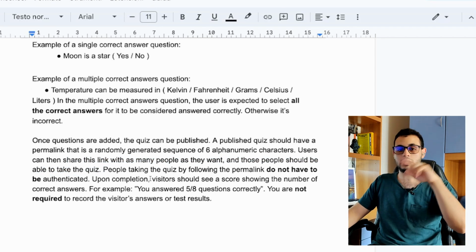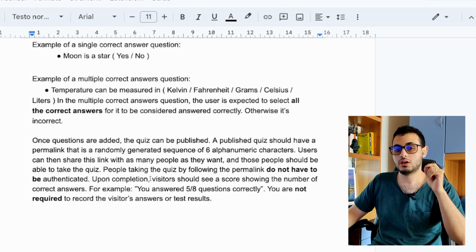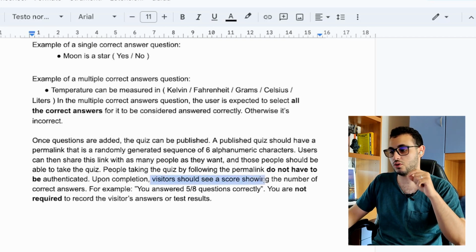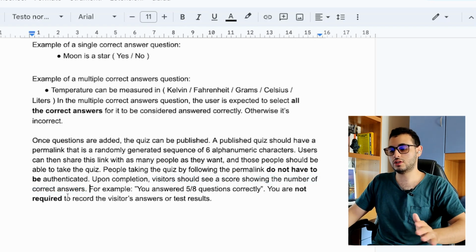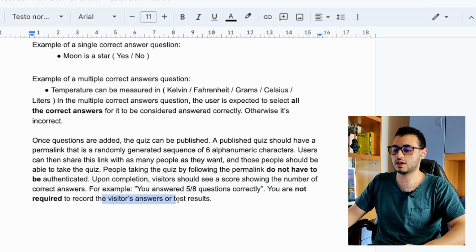Then, in the end, once the quiz is completed, all the users must see a score showing the number of correct answers. Okay. And you don't need to record the visitors' answers to the test results. Right now, while reading, we are debriefing our brief. We are understanding what we have to do, and later on we will understand also some